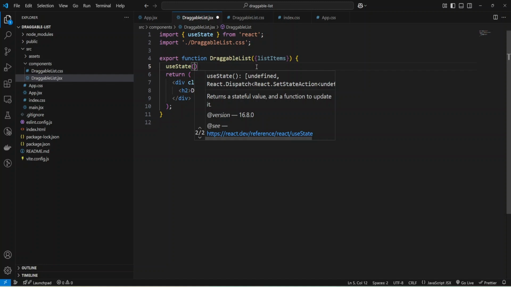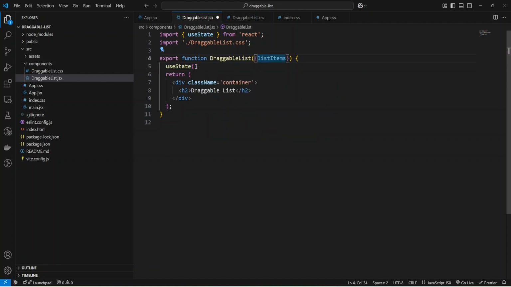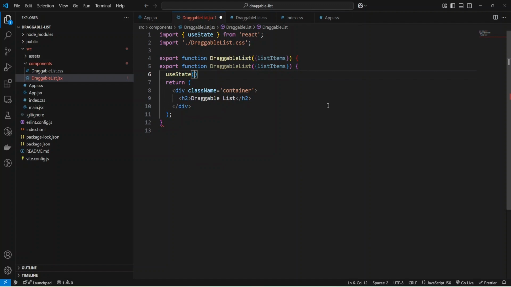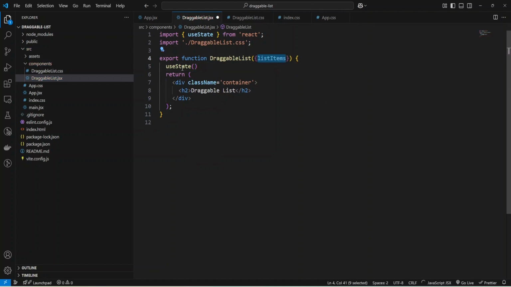And we can provide an initial value, and the initial value will be our list of items. Okay, and now I'm going to save what useState returns to items, and the function will be setItems.